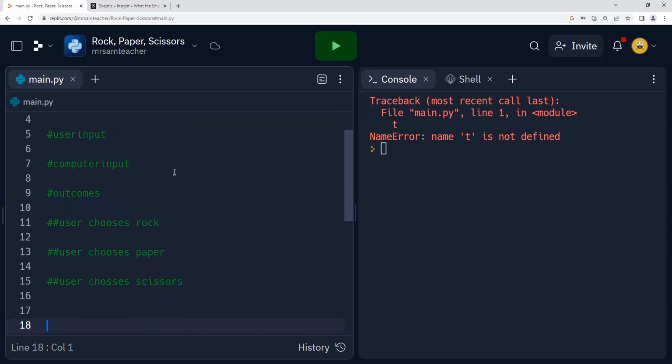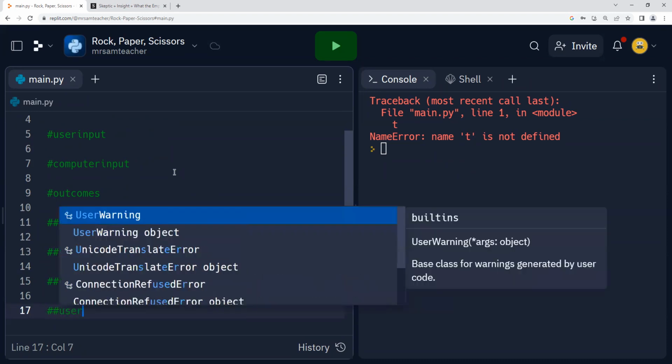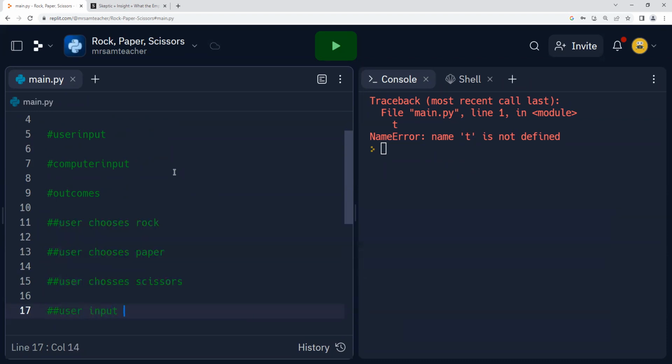One more that we'll put at the end: user inputs an invalid item. Basically, whatever doesn't fall within rock, paper, or scissors.